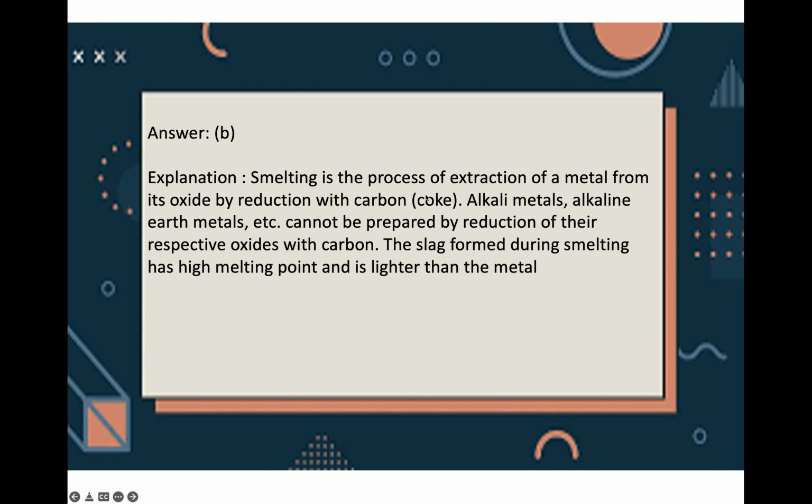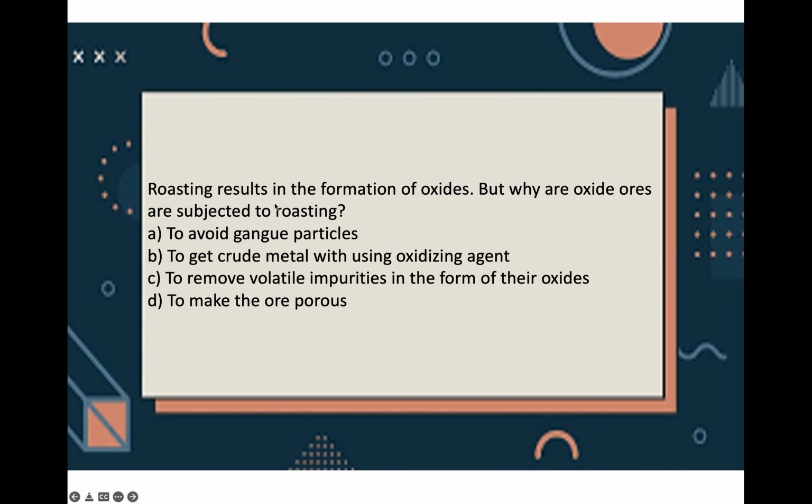Okay, so what is smelting? It is a process of extraction of a metal from its oxide by reducing it with carbon or coke. So actually alkali metals and alkaline earth metals cannot be prepared by reducing their respective oxides with carbon. So the slag formed during smelting has low melting point and it's lighter than the metal. So option B is the correct choice. Next one,